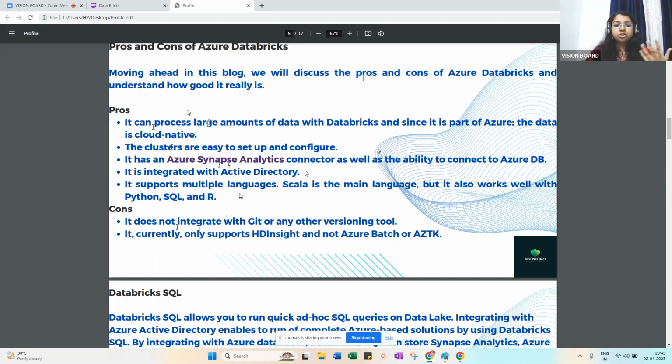Then the cons: it does not integrate with Git or any other version control tool. But for example, not Git, we can use Azure DevOps and so on. Then currently it supports HDInsight and not Azure Batch, and this is an exceptional case. But currently in companies, whatever data we have, we can use branching and move from the lower environment to the higher environment. Then